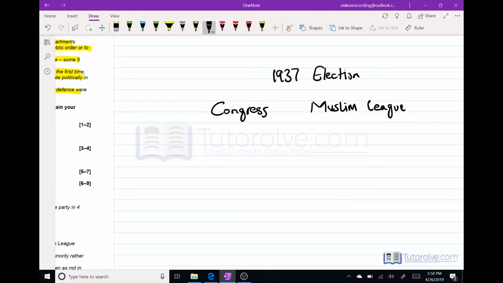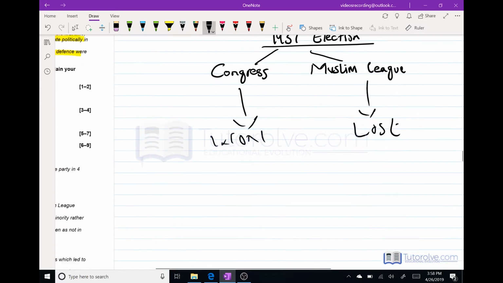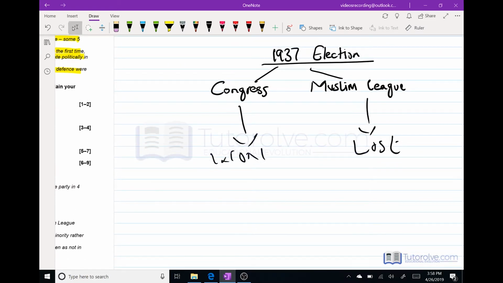And this happened right after the Government of India Act. So, these two parties then further on went to battle in different provinces, and Muslim League lost terribly during that time, and Congress won the